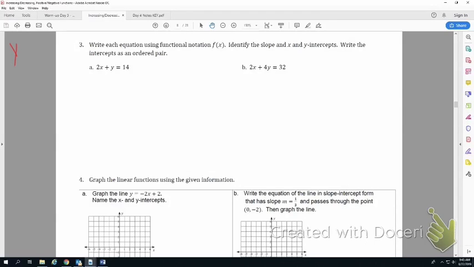Emphasis on the y equals. To get it into this form, all you're doing is solving for y. So on the first one, what's the only thing I have to do to get this y by itself? Subtract 2x. Okay? I heard someone say subtract y. If I subtract y, now I've just moved the y over there with the plus 14, and now it's got a negative, so there's even more stuff going on. If I just subtract 2x,